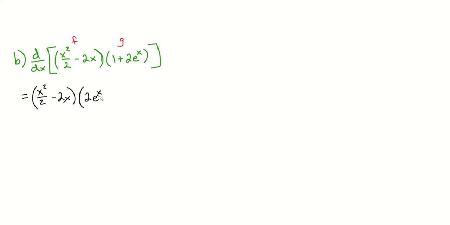So here it is. First times the derivative of the second. And I'm just going to write for our purposes, you don't need it, but this is g prime. This is f. First times the derivative of the second plus, what's the second function again? 1 plus 2 e to the x times the derivative of the first. This one,